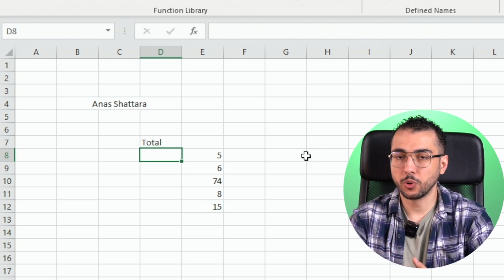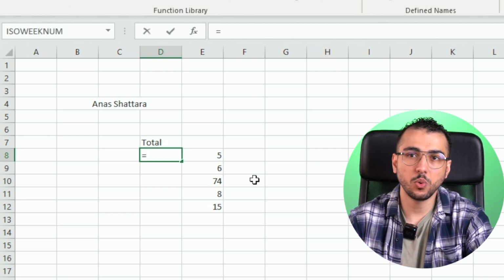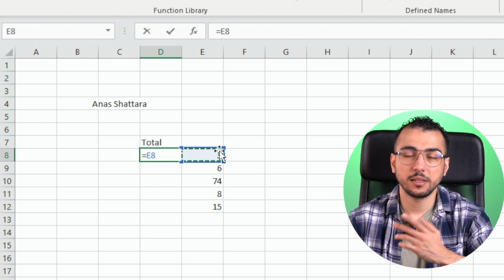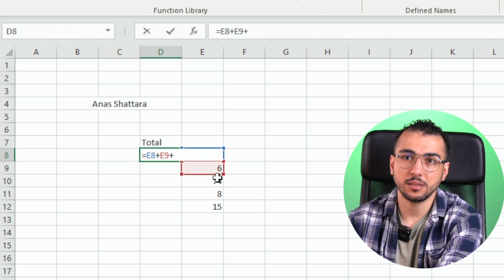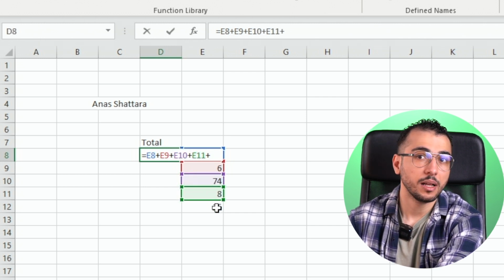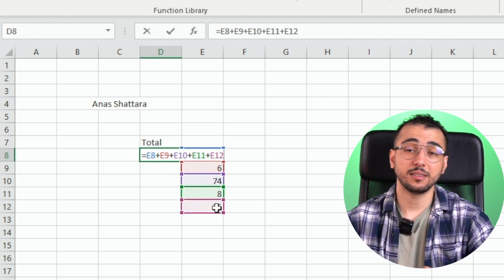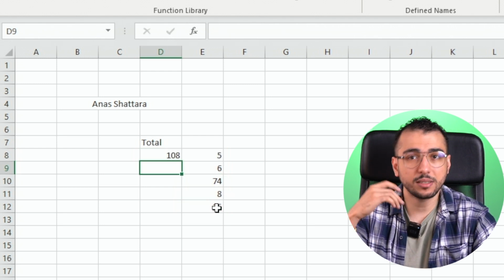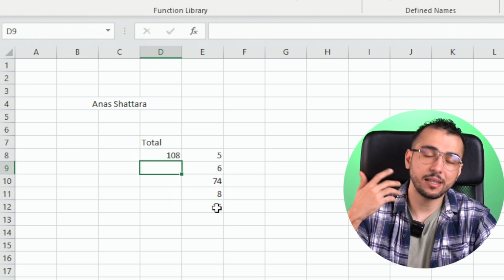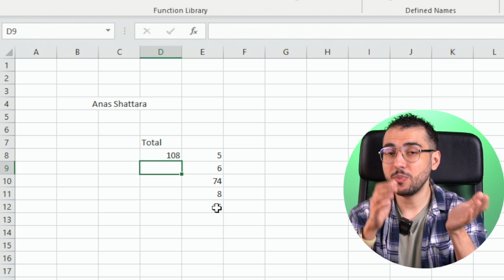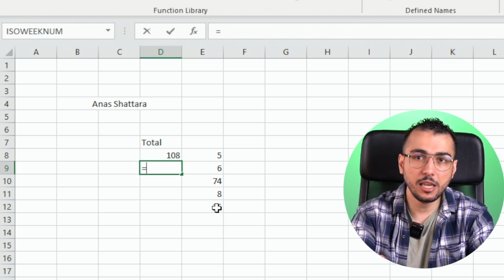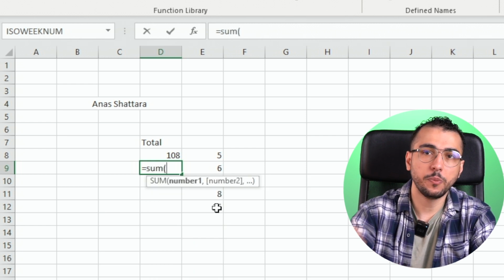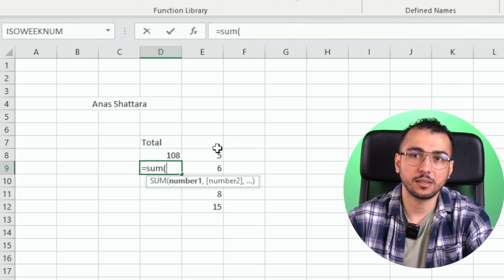An example of a poorly written formula, I can say equal, and then I'll select a cell plus this cell plus this cell plus. Now, I will keep on doing that. Does that mean it works? Will it give me the correct answer? The answer is yes. But is it the best way to write a formula? Obviously not. So I can say equal sum, open bracket, and then I will select the cells,